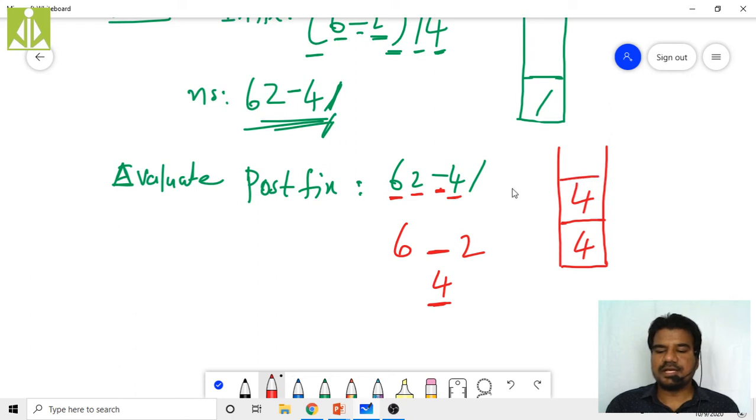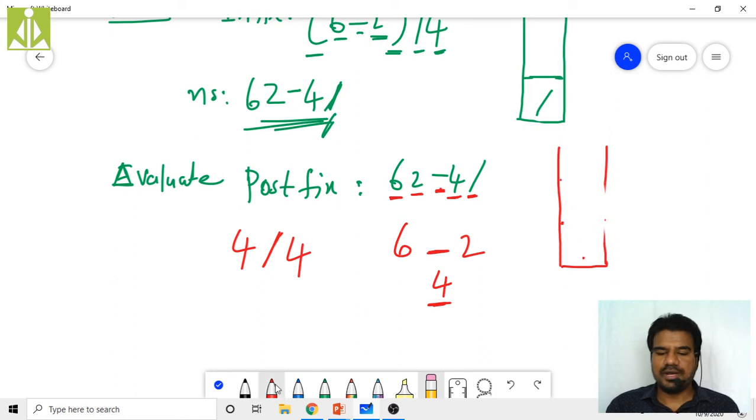Okay. So next I have division. Again, this division is a binary operator. So we have to pop two operands from the stack. Initially I am popping this 4, so that will come over here, right side. And again, I am popping the remaining 4 also, that will come over here. So we popped both the 4s, isn't it? So remove these two 4s from the stack.